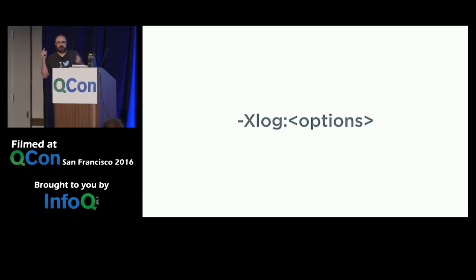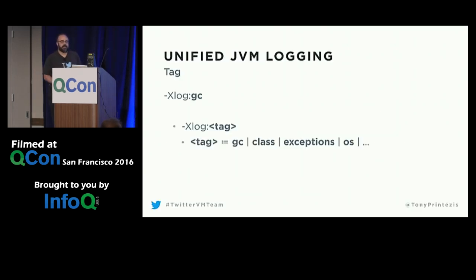Our new favorite argument in JDK 9 is going to be Xlog. There is only one command line argument, Xlog, and then you pass lots of options to control the log in different ways. I'm going to build up on that over the next few slides. The simplest version is Xlog colon and a tag, in this case Xlog colon gc. It will enable log records that are tagged with the tag gc. And there are many tags. A tag corresponds to maybe a JVM module. We'll have gc, class loading and unloading with class, exceptions, os, etc. But I'm concentrating on GC because, hey, I'm a GC guy, and I'll be talking about GC logs.